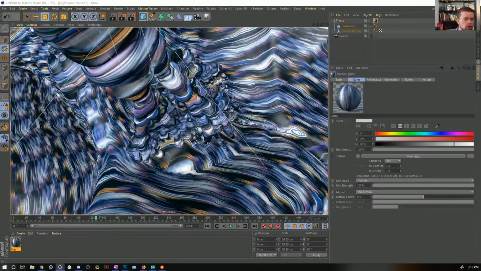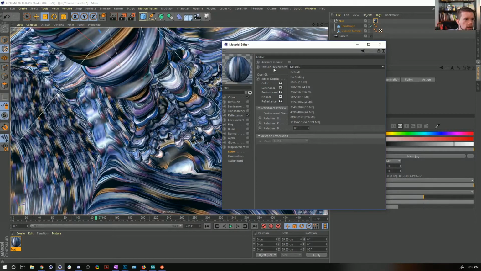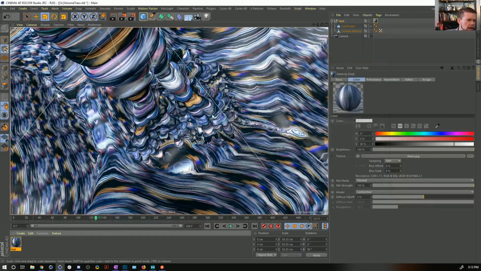First of all, we shouldn't judge this yet because we want to go to editor and then display the texture preview size as no scaling. So now this is actually the sharpness of the image that we're feeding in. We probably would want to stretch the image we are feeding in more, because right now you see we're getting some horizontal information, and if we want that, that's cool. If we don't want that, then we would want to,